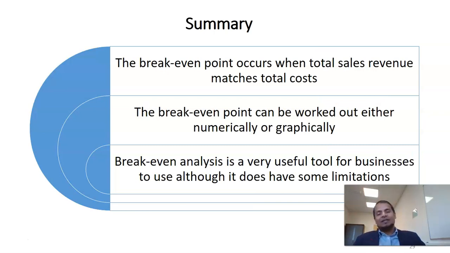So as the summary, break-even point is where the total revenue and total cost are equal, where both lines intersect each other. So that's the break-even point. And we can analyze break-even point graphically or numerically. We can use equations, ratios, formulas, or you can use a graph for